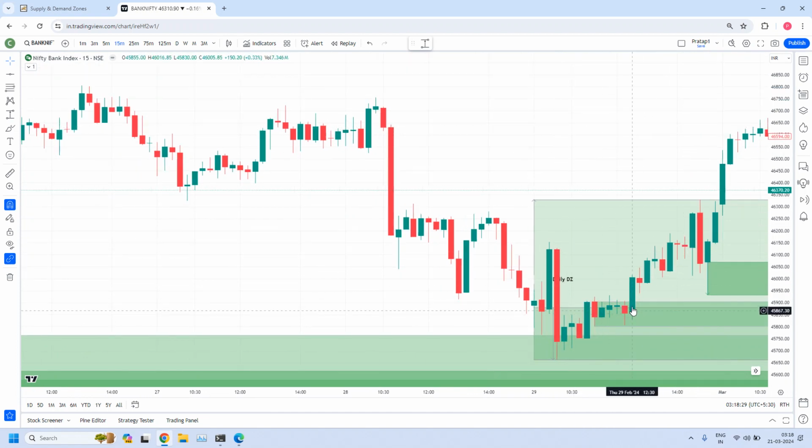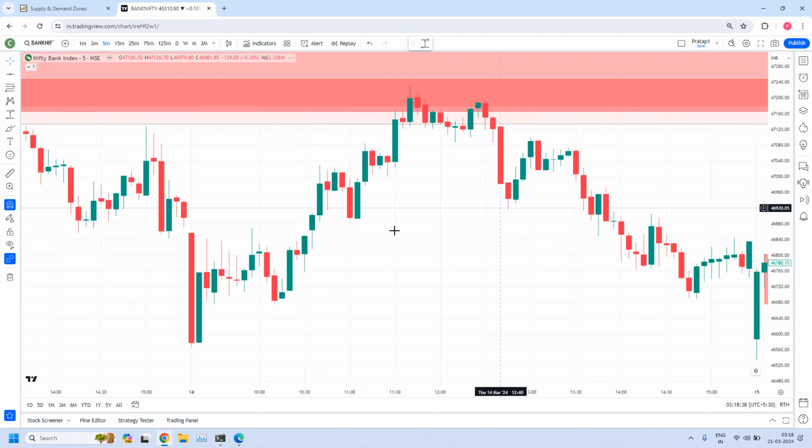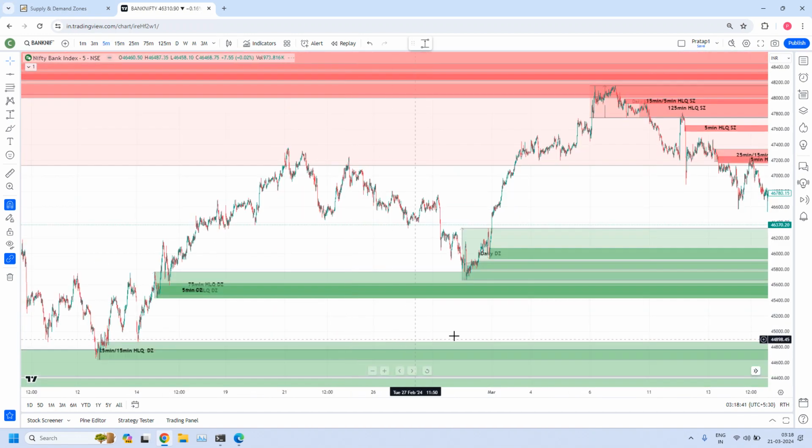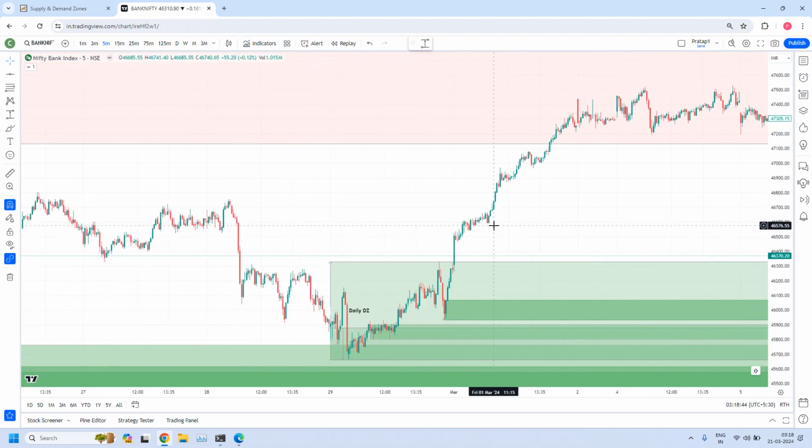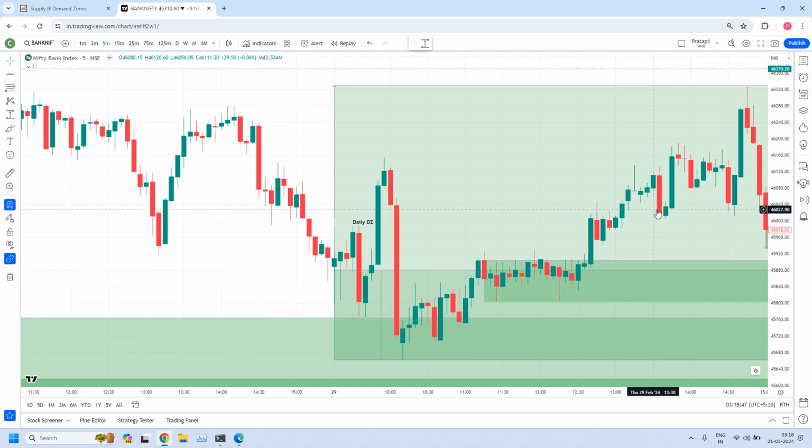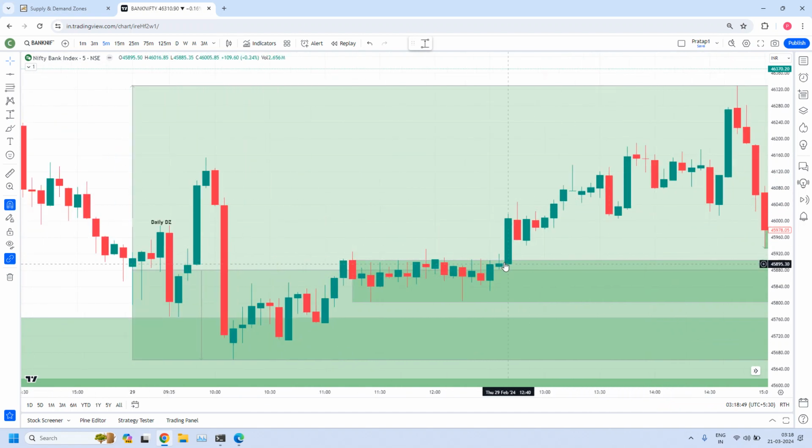Within this 15 minute area, you should identify a 5 minute zone. So I am changing to the 5 minute time frame. See here we have a nice leg out. Here you have base candles. This is one base candle, another, a third, a fourth base candle. This can be treated as an ERC candle. Why? Because see the range of this candle. It's a very big range, we can say double the size of all these base candles. Definitely this is an ERC candle.